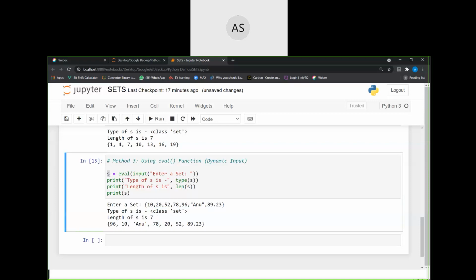And then what are those elements? See. And look here, remember, insertion order will never be maintained. It is going to be stored internally in the way in which it wants, so I cannot decide how it is stored. So this is a way of getting dynamic input using your eval function.